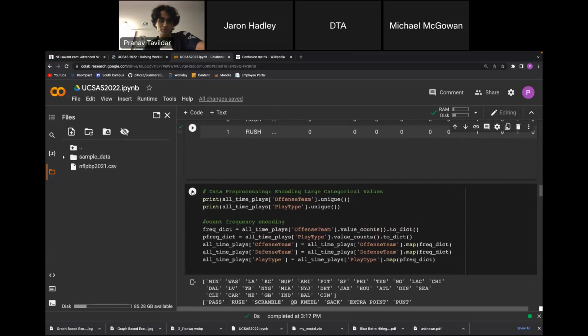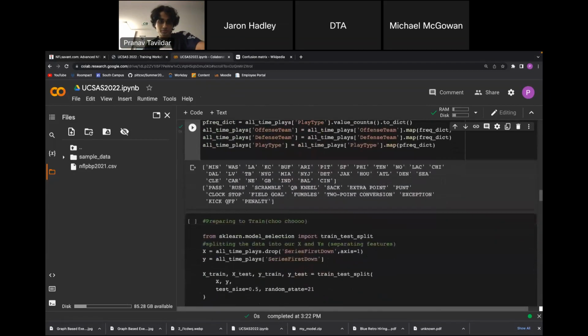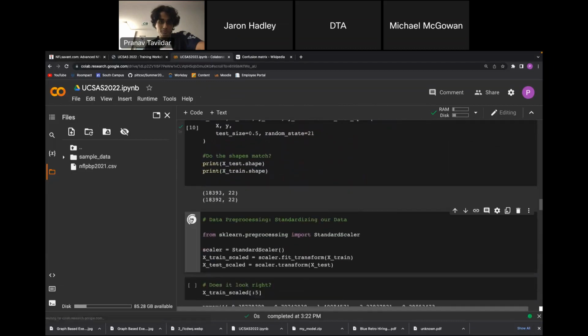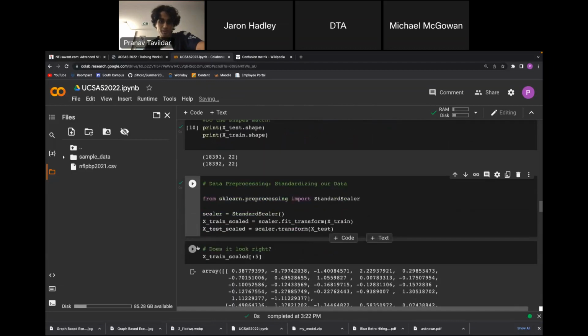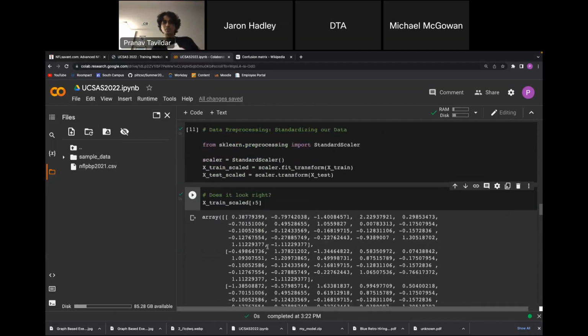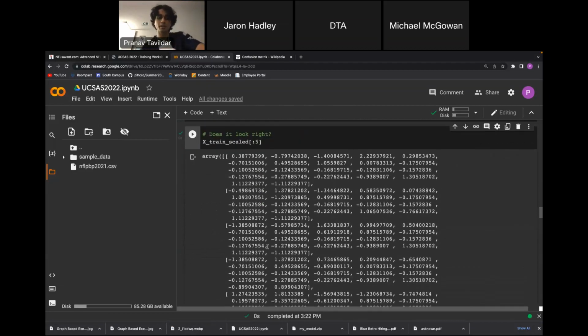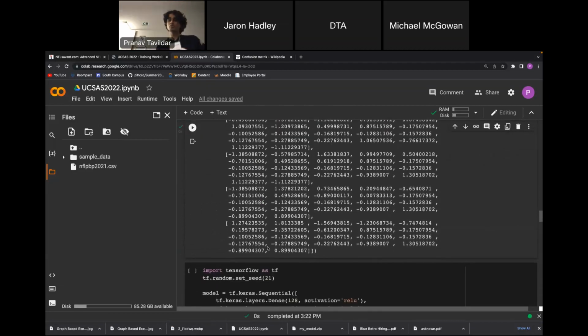Let me just run all of this. We scaled our data here, and it looks right, because all of a sudden we have much closer values to what we wanted. So our pre-processing is done.